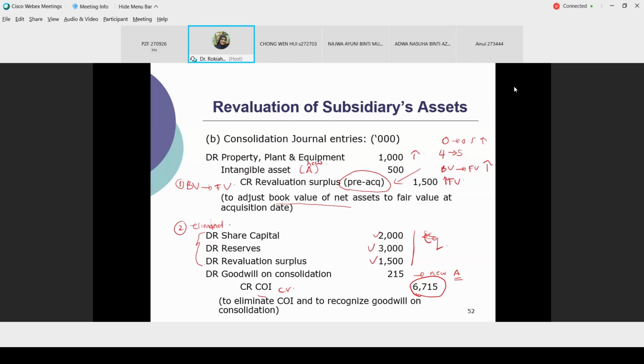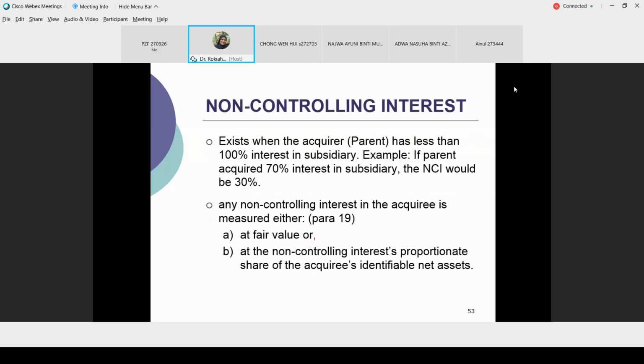Okay, the third situation is when we have an NCI. An NCI exists when the acquirer has less than 100% interest in the subsidiary. For example, here the parent acquired 70% in the subsidiary, so the NCI will be 30%. Any non-controlling interest in the acquiree is measured either at fair value or based on the proportionate share of the